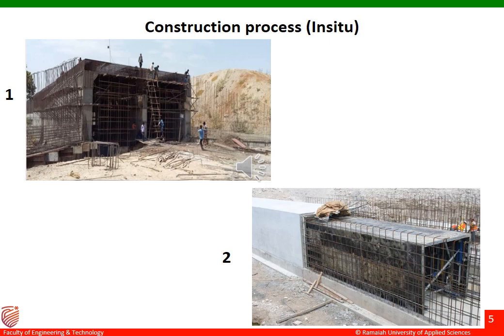If you look at figure number 2 in this slide, you can observe the continuity of the reinforcement from the side wall to the top slab, because this particular type of culvert, the box culvert, has all its components constructed as a single unit, and then it behaves monolithically. In order to get such behavior, you should have continuity of the reinforcement. So this is how the box culvert has to be constructed on site.